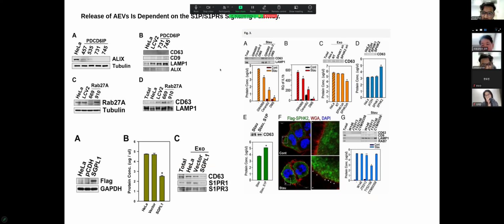And then, to find out if sphingolipid is involved in the release of the AEVs, a sphingomyelinase inhibitor and some other lipid inhibitors were tried, and it was found that the AEV release was highly reduced with the sphingosine 1-phosphate inhibitor, showing that sphingosine 1-phosphate has a role in the release of the exosomes. And also the released exosomes showed decreased